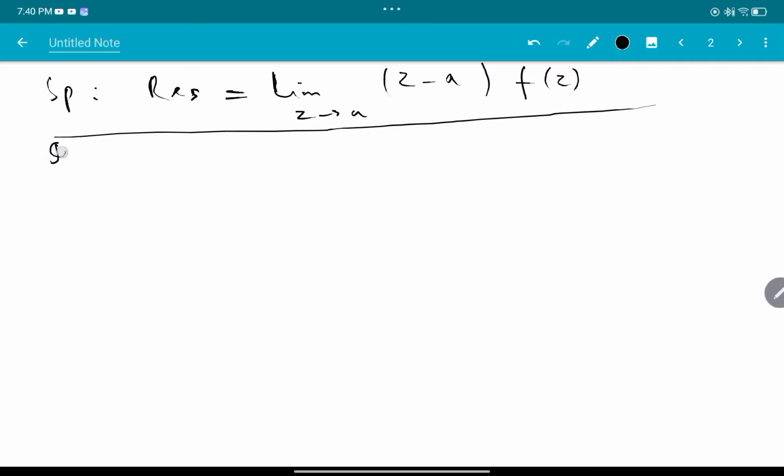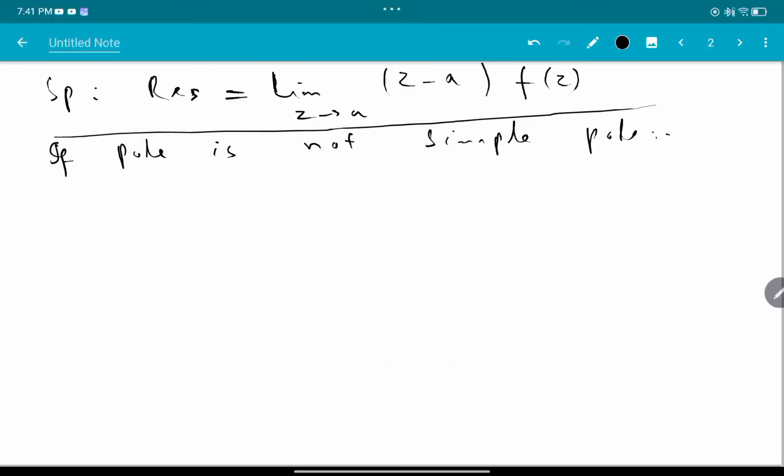If the pole is not a simple pole, then keep this written with you. If the pole is not a simple pole, then do this. So follow this procedure. The pole is not simple, so this is your function f(z) given. First of all, generate a new function, call that g(z). g(z) is a new function that is to be generated from f(z). How? You have to multiply by